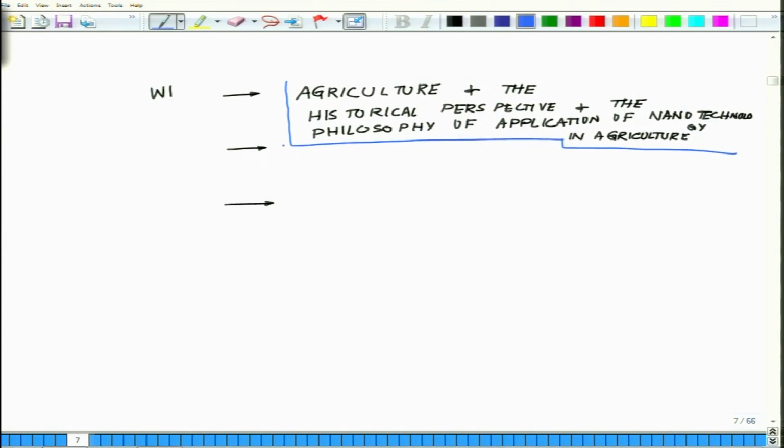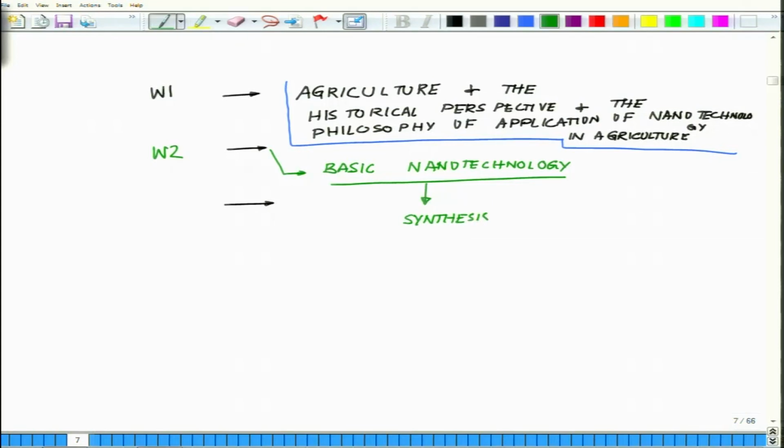Now, from here we will move on to week 2, which will essentially be our basic nanotechnology. In this segment, what we will be dealing with is synthesis of nanoparticles, scaling up for industrial application,